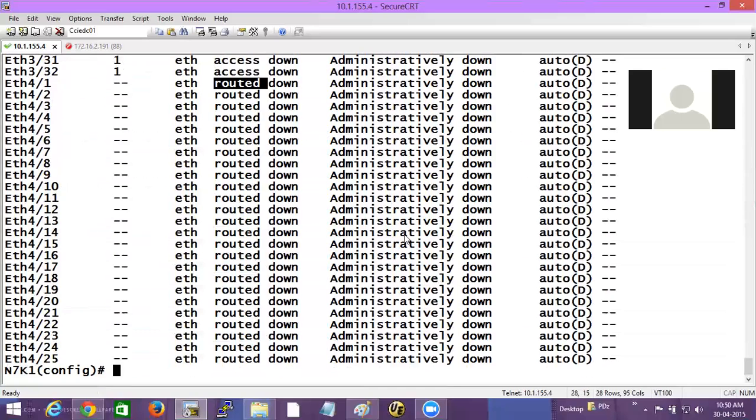In Nexus you do have a command, system default switchport shutdown. What does this command mean? All the access ports are by default shut down. Routed ports are by default shut down, but by default in normal switches all the access ports are up, right? If you have worked with 3550, 3560, all the ports will be up. But in Nexus they are by default shut down. So if you want to turn on all the ports, you just give in front of this no system default switchport shutdown,